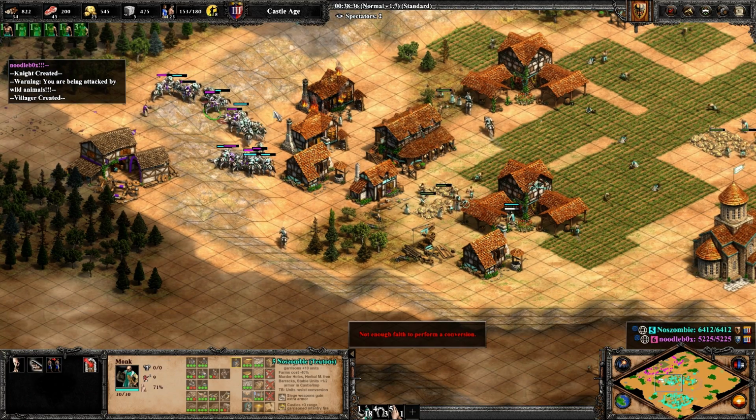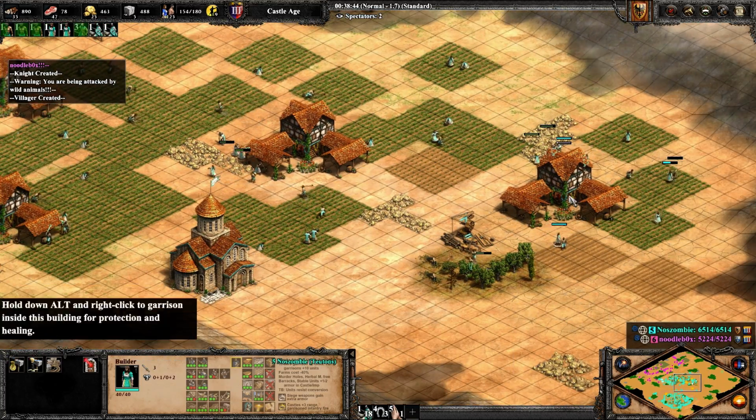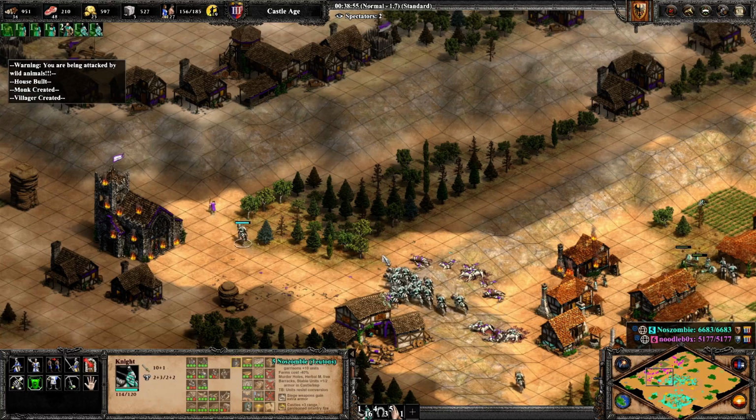So yeah, I'm trying not to be at the bottom of the hill too much in that fight. I think we get an even mix. She starts running off with that monk and I'm like, get back here. So at this point,